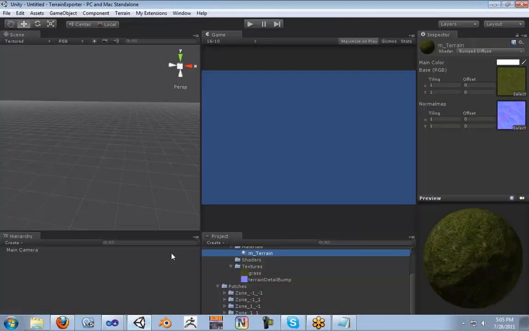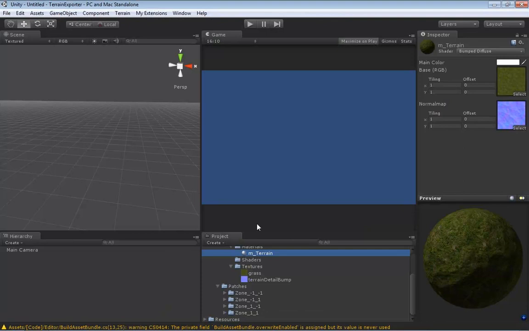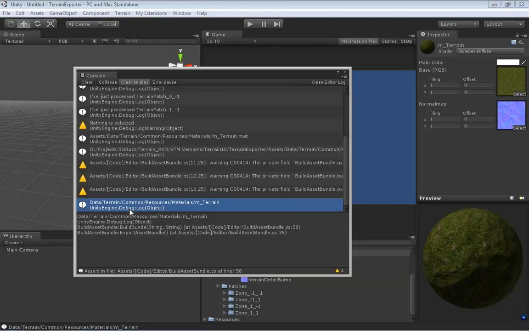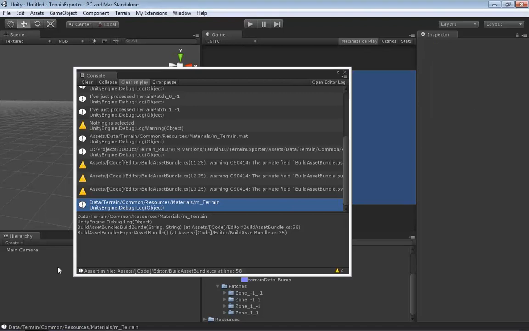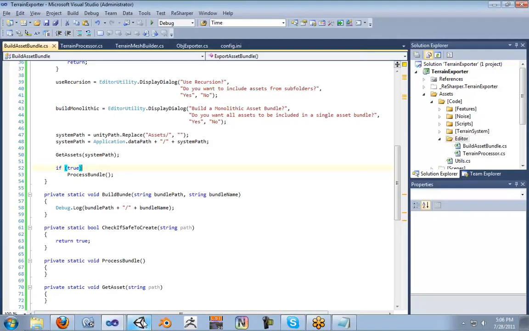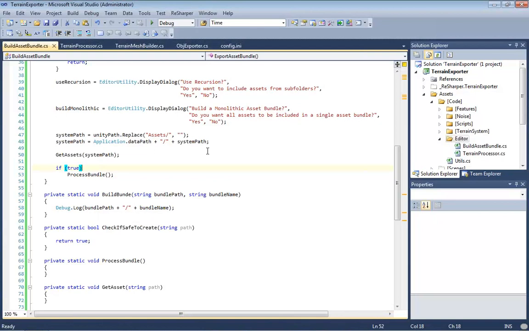Jump back over in the Unity. So with my train selected, build asset bundle, and I get data, train, common resources, materials, mtrain. So it's missing the, oh, that's the check if safe. I forgot to add that part. Okay, it is doing exactly what I'm telling it to, but that's not what I meant to display, because right now,